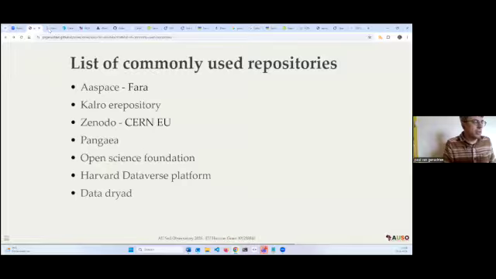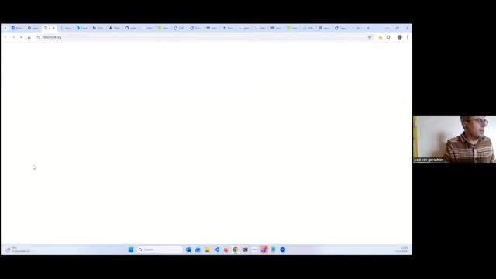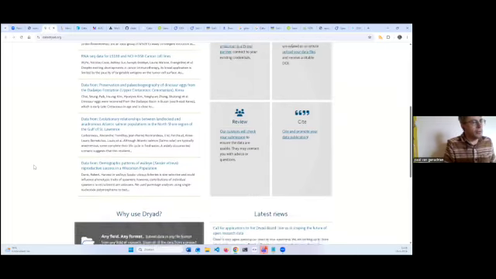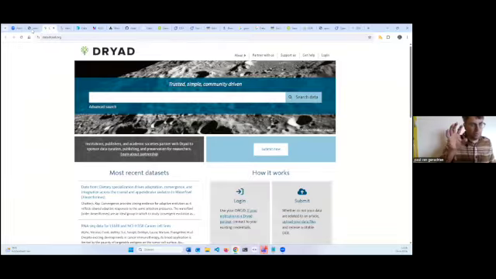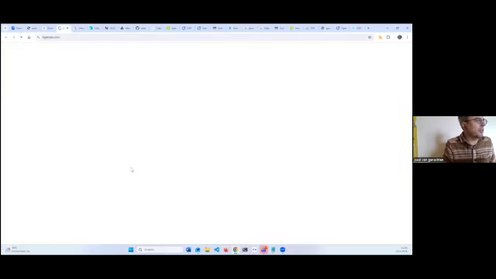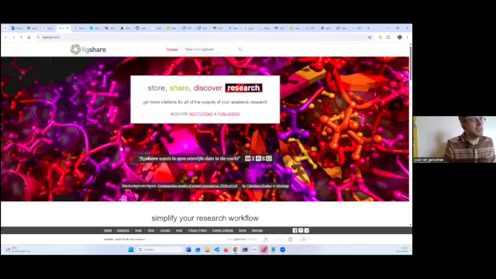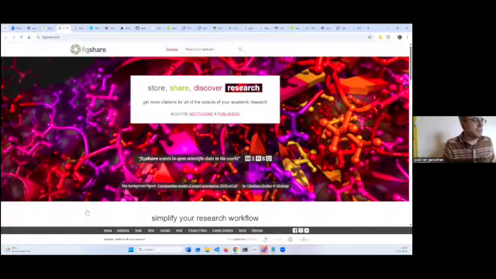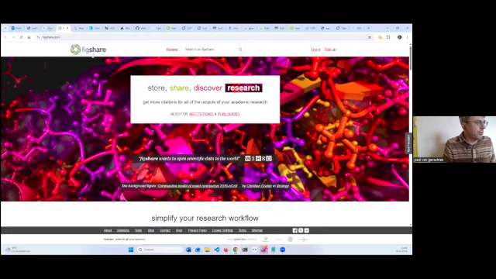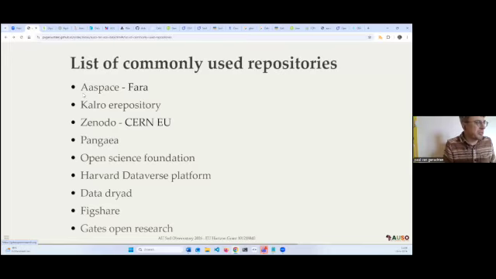And then there's a more community academic initiative, Data Dryad. It's an American foundation that is also quite commonly used if you analyze the contents of some of the aggregators. Figshare, also an old one, is used a lot in the scientific domain. They present nice visualizations on top of the data. And so the list is really huge. This is just a representation of some.